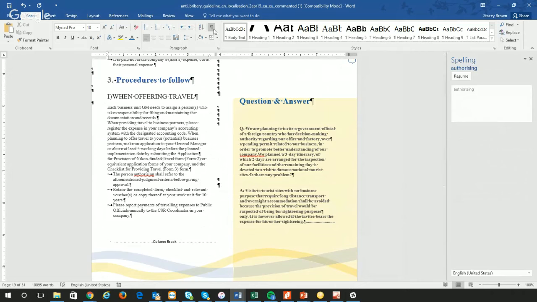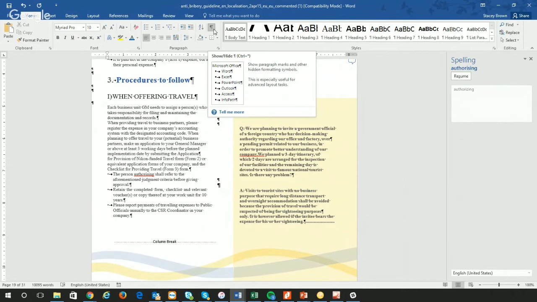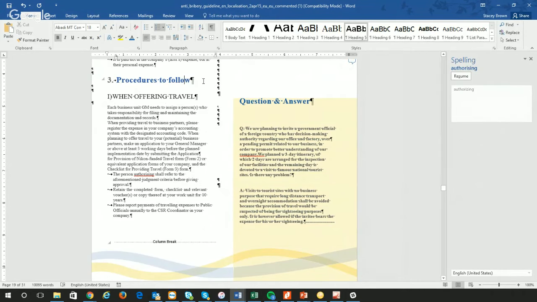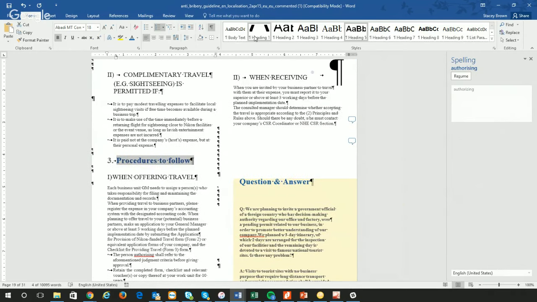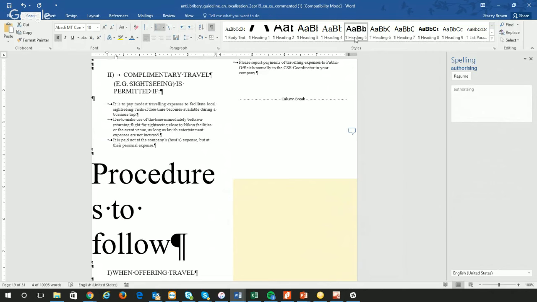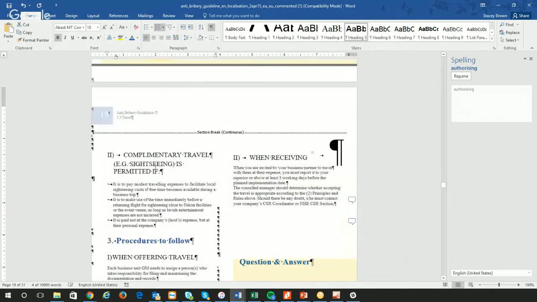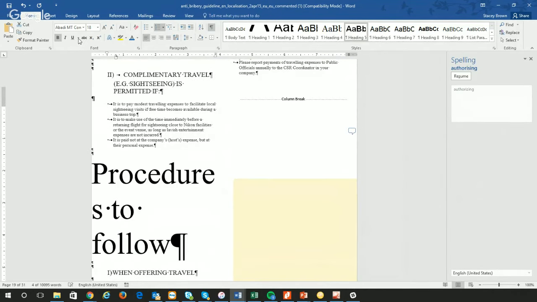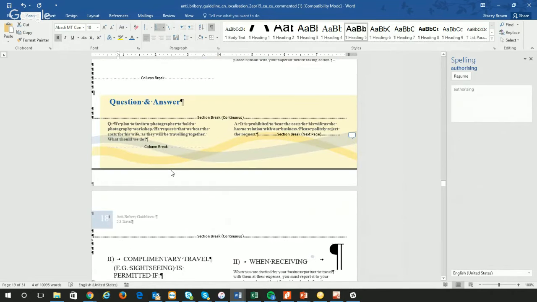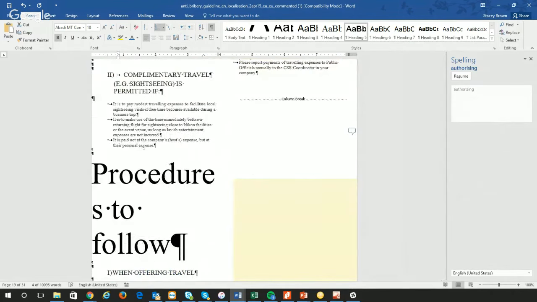So I like to, if I'm proofreading, have those on. Another thing that's really handy to help with consistency is to use these headers, to set up headers and make sure, oops, that was not good. Okay, well, forget that. But you can use these headers and you can customize them. So for example,